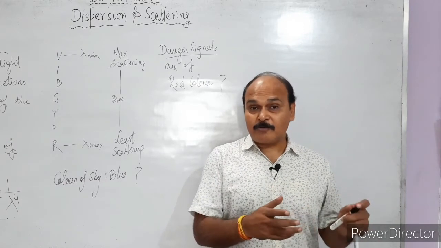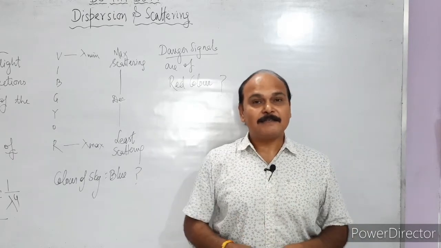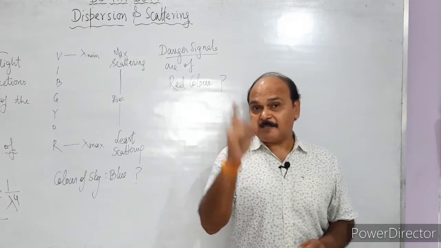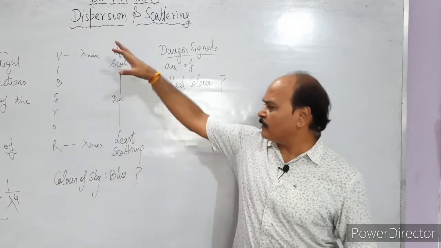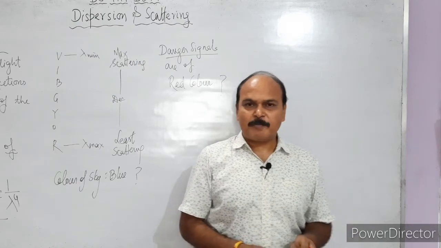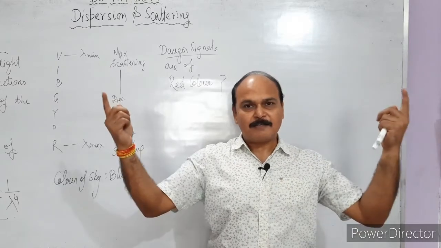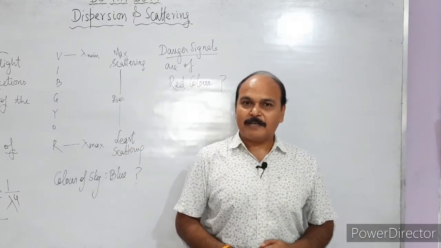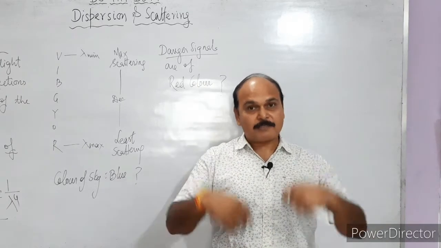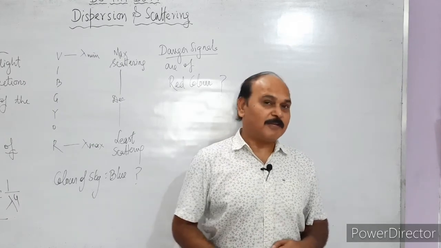But children, all these colors are going to reflect their own color only when those colors are present in the incident light. So we can see the true colors of an object only in the presence of natural light. Natural light has all 7 colors. So if that natural light falls over green color, what will happen? Green color will absorb all the colors except green color, which it is going to reflect. That is why the object will appear to us what? Of green color. Blue color would appear blue simply because it will absorb all the shades of white light and reflect the blue light. As a result, the object appears blue in color.